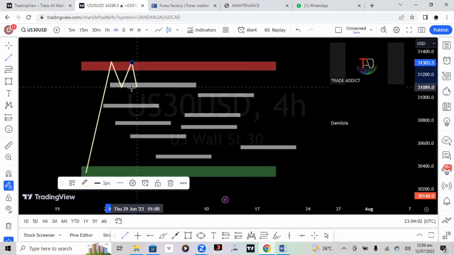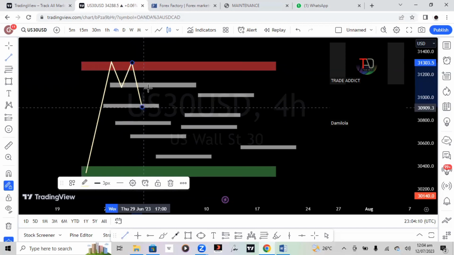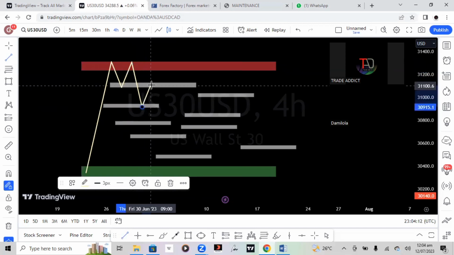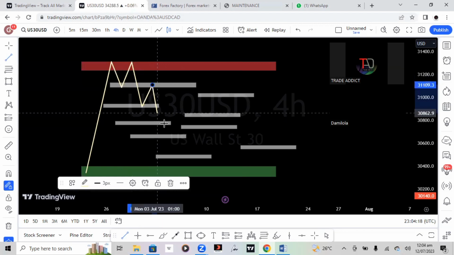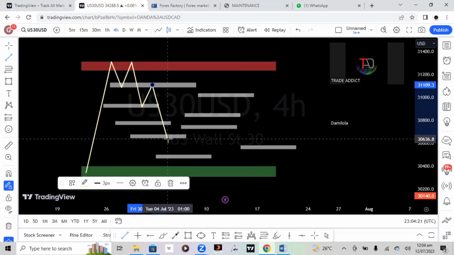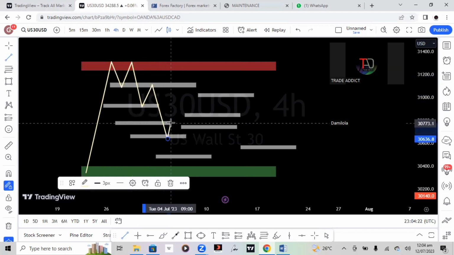I hope you are following me. Price broke out of this support and came back to create another new support level here. And meanwhile, price came back and turns this level into what? Our new acting resistance. So price moved again, came back to test this level, and tested it again and again.